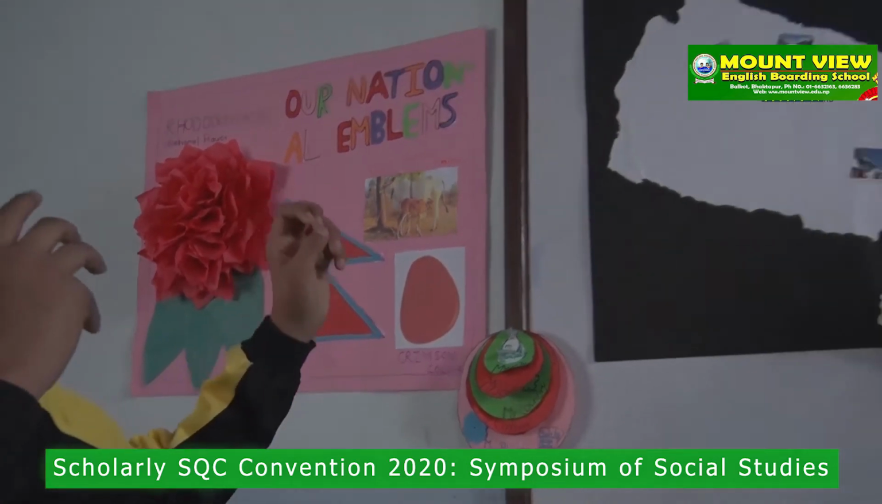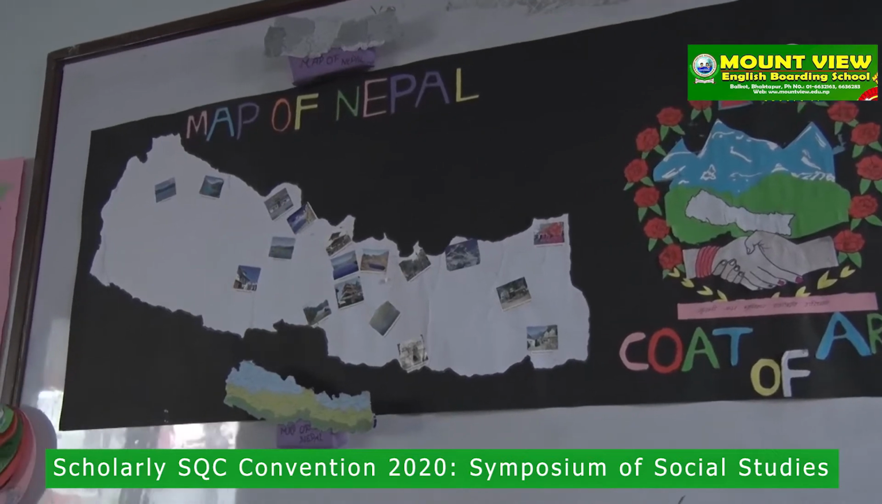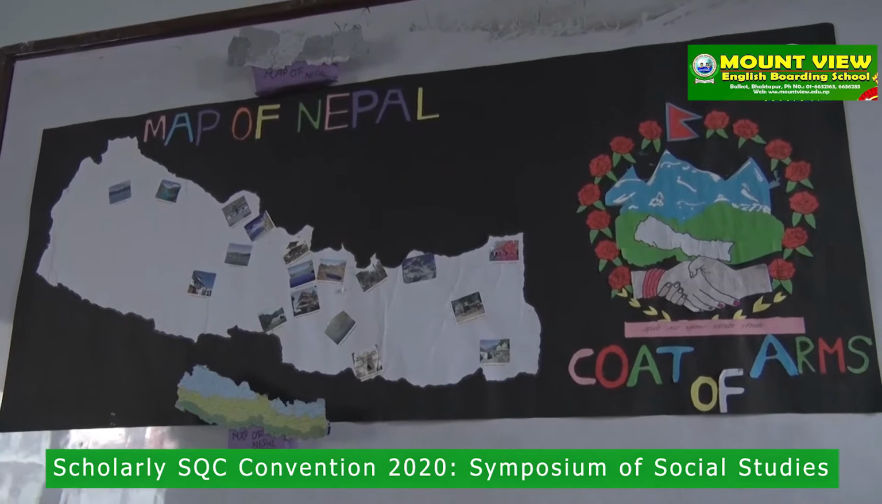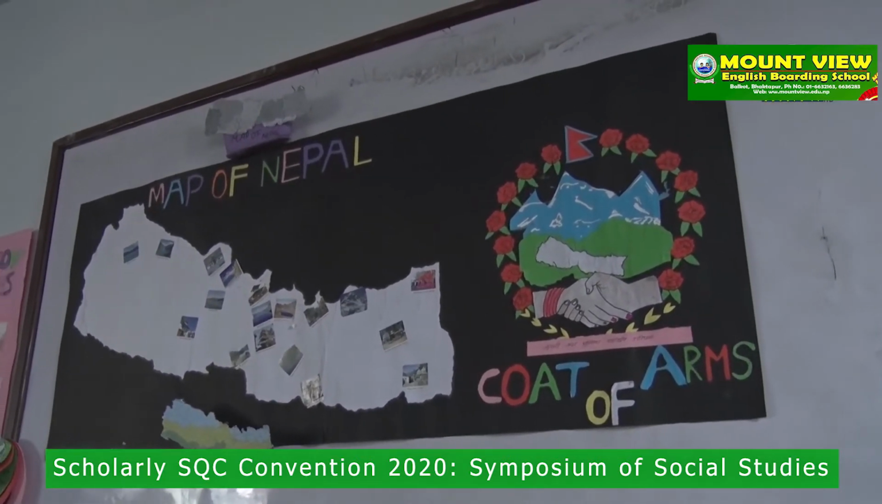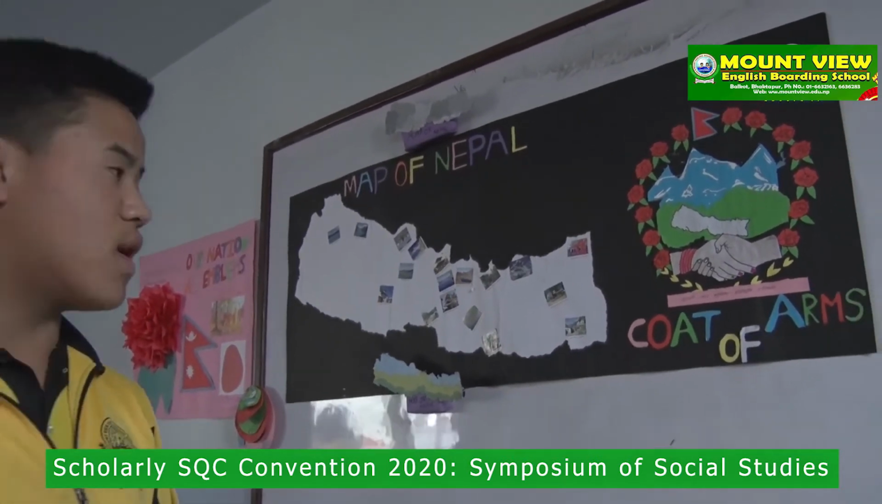And I'm going to explain about the map of Nepal. And here some of the pictures are present. Here are some of the pictures of heritage sites presented in the map. This is the coat of arms, which shows the unity. And we can see Janani Janmabhumischa Swargadapi Gariyasi,